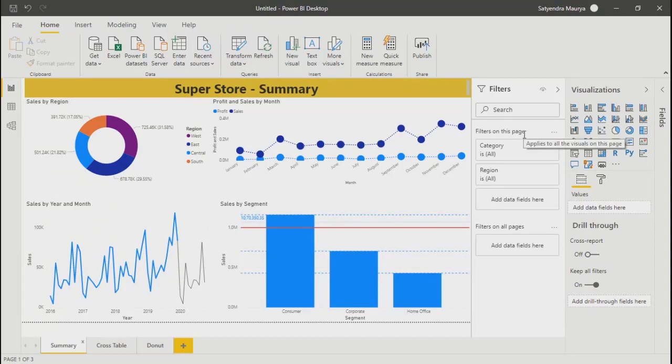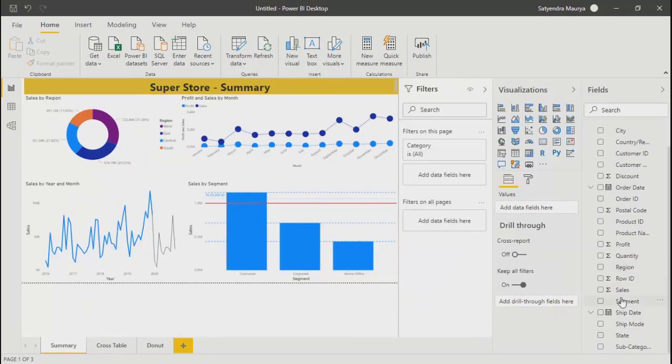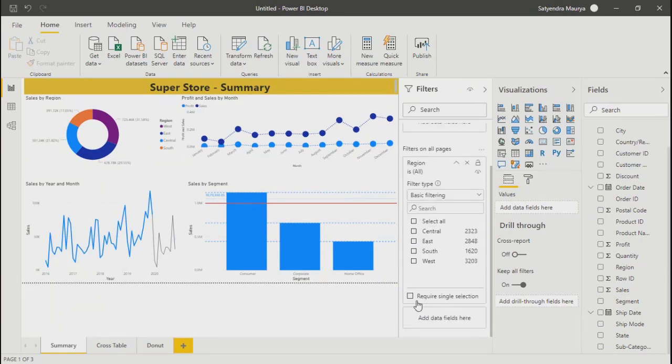If we copy that filter to all pages, drag and drop, then it will be the same region. It got locked, no, I need to drag it here. And over here also I will say single selection. Fine.